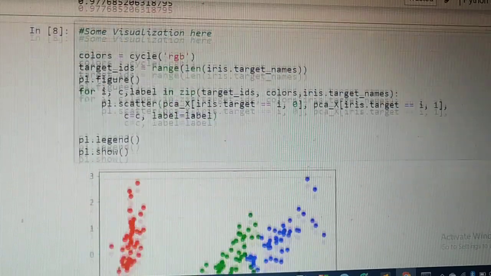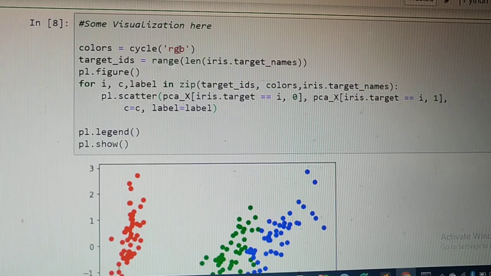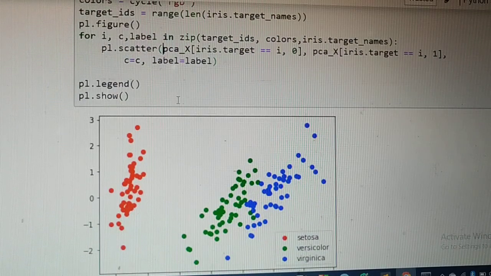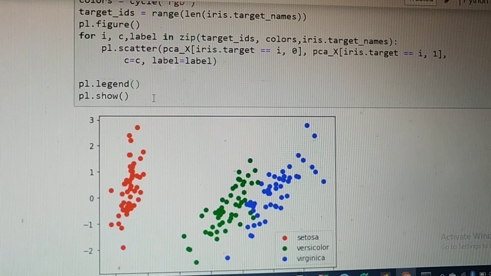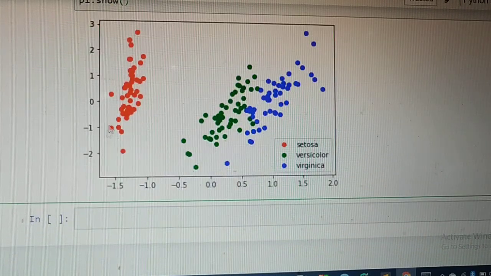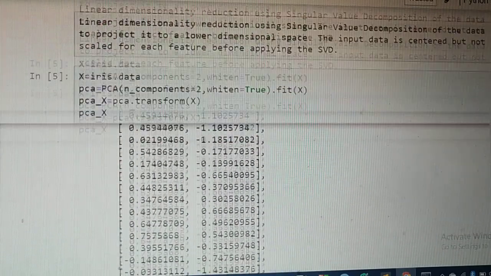And then on your y-axis you are going to have the second column, and the color will be c equal to c, which in the first case is red, and label equal to label. So your label will be the name of the target name. When you give PL dot legend, you are going to get your legend, and PL dot show is going to give the plot.